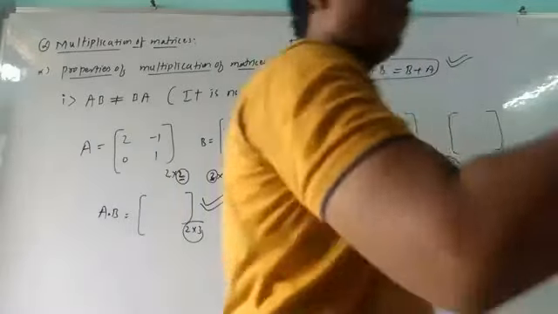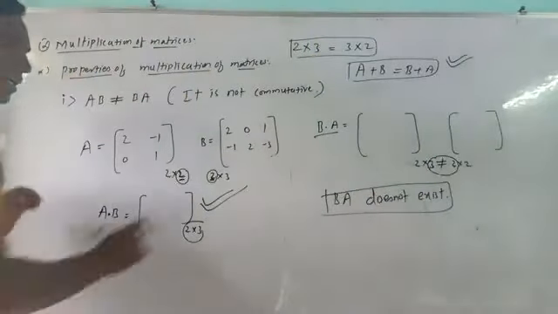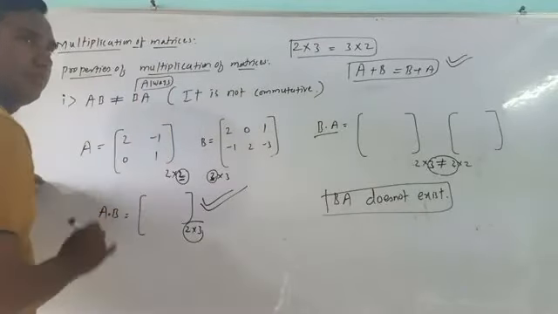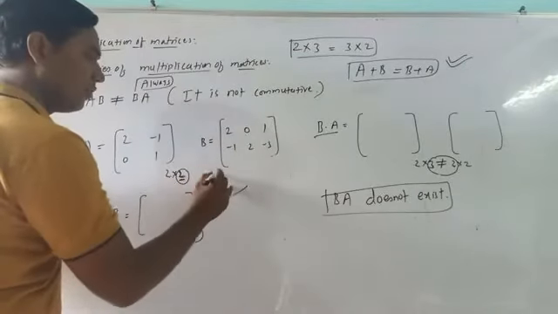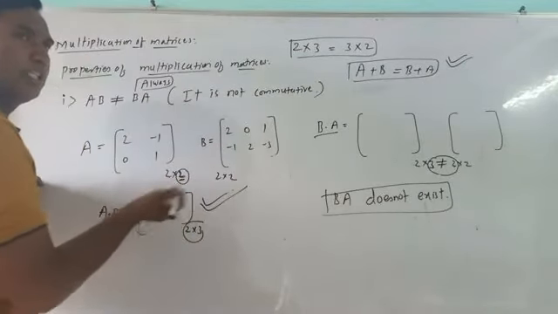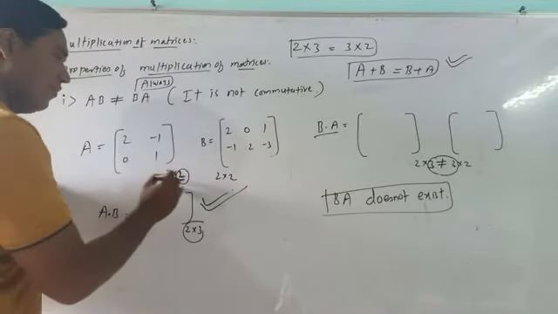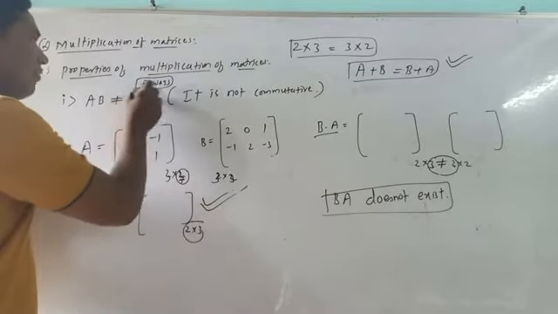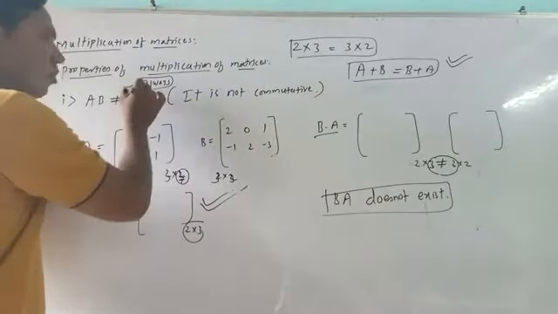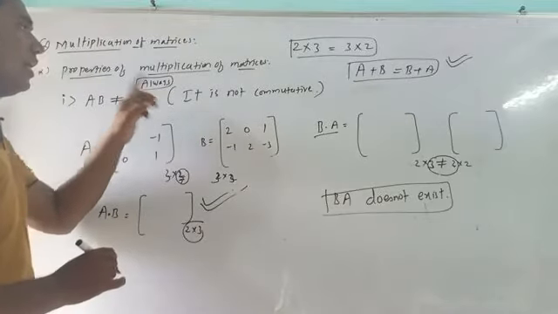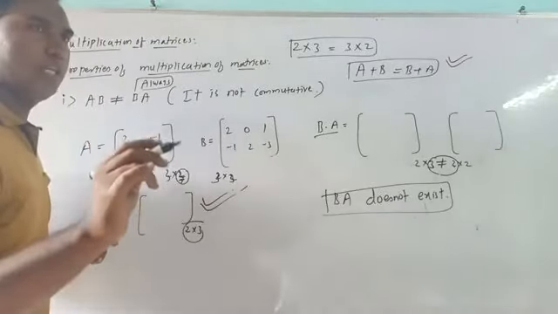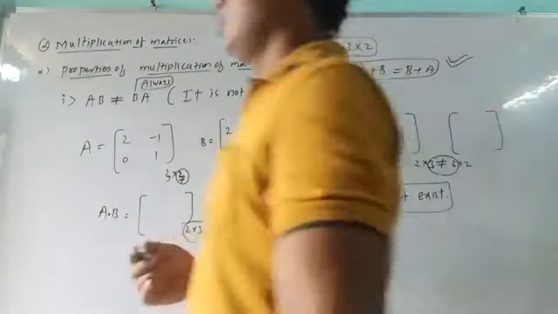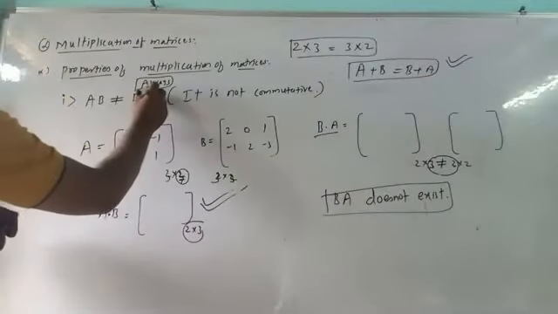That's the point that we are asked about here. It is an important one: not always. If A is of order 2 by 2 and B is of order 2 by 2, then no problem, AB is equal to BA. If it is order 3 by 3, no problem, they are equal. But that they are always equal is not possible. The word always is important. AB is not equal to BA always. If there are square matrices, then we can take the multiplication very clearly. So now, this is the important word: not always. Okay.